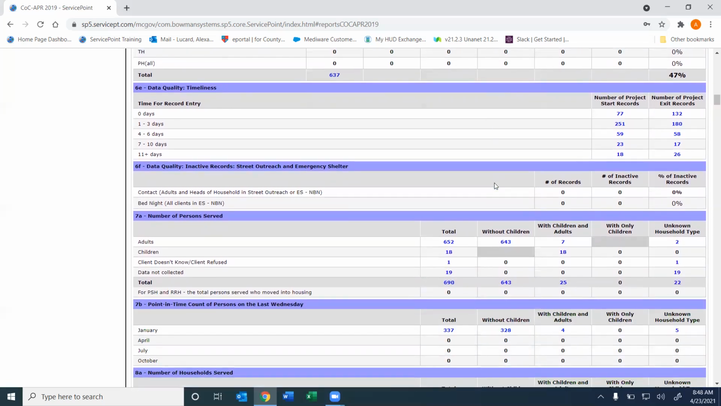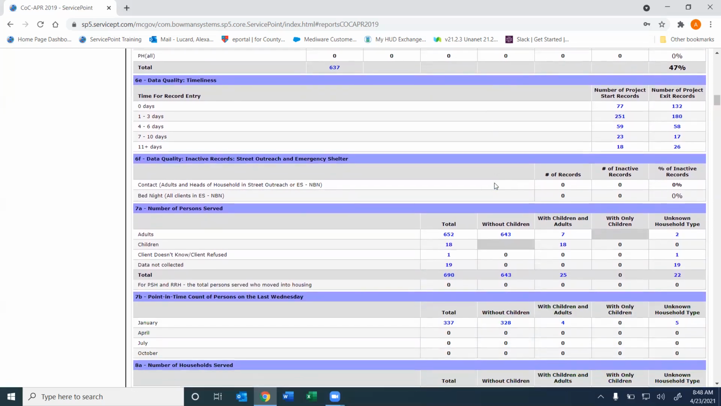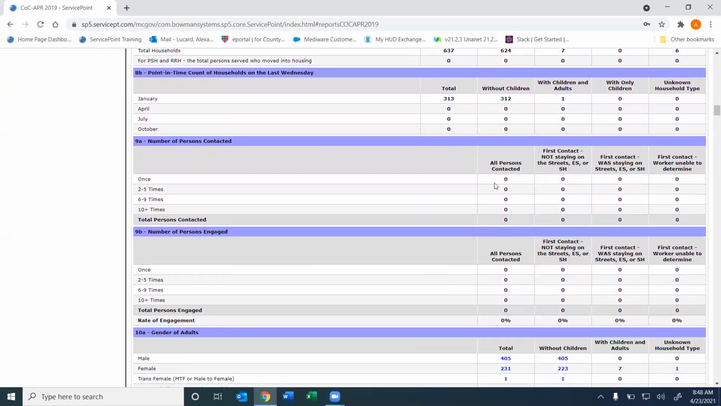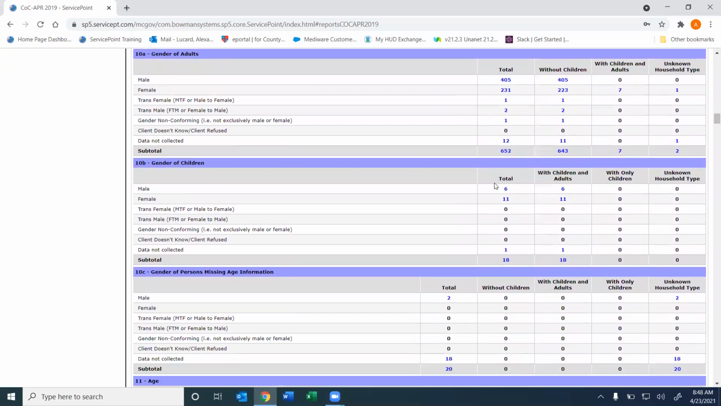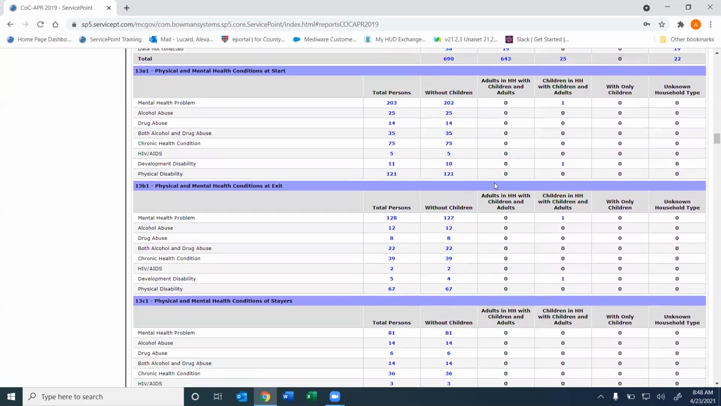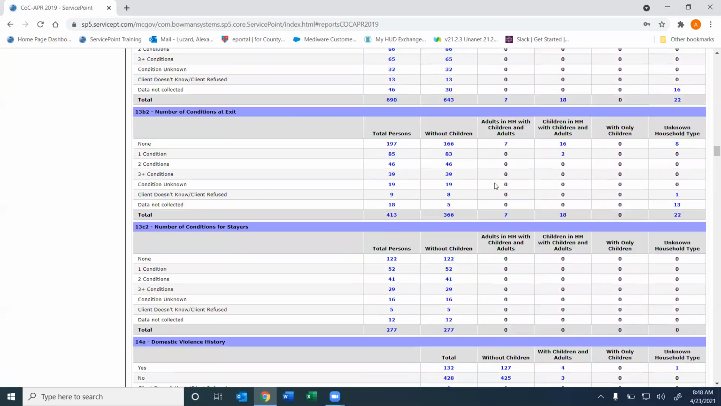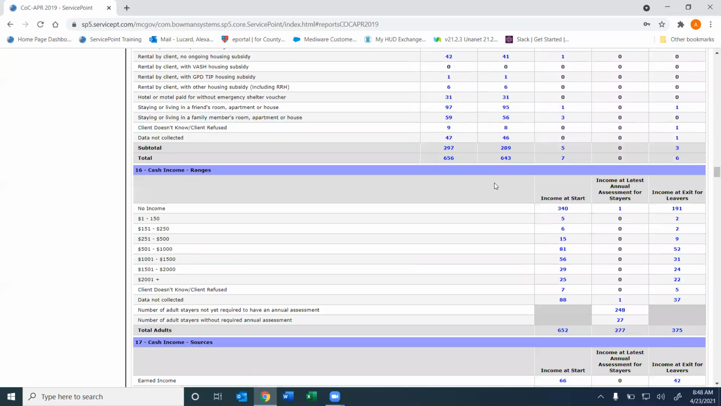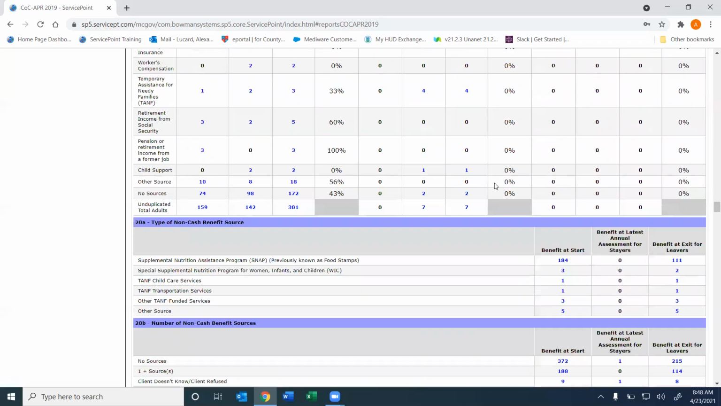Now, the next thing that we're going to look at is a little bit farther down. So we're going to run down the report. And again, all of these questions are important and things that you need to be looking at, a minimum of once a month, regardless of who you are with an HMIS license. And what we want to do is see how long this report is. We are scrolling down